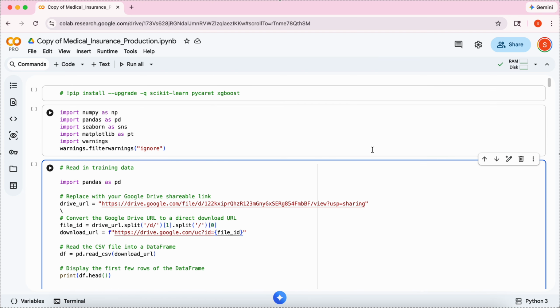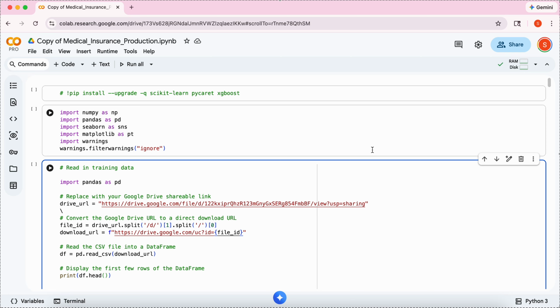This is Shubham, and today I will be showing you how we can develop a machine learning pipeline to predict individual medical costs with a high level of precision. So first of all, we will see how I implemented the data, cleaned it, prepared it, engineered it, then deployed